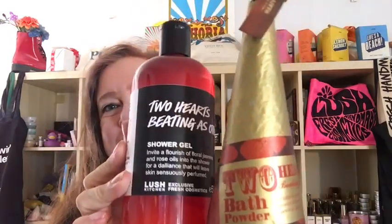Made in this same fragrance. Soaps, I have lotion, I have perfume in the Two Hearts Beating as One fragrance. Someday I'll make a video of all of the Two Hearts Beating as One products. And so I would rate the Two Hearts Beating as One a 5 out of 5 rating, just because I'm